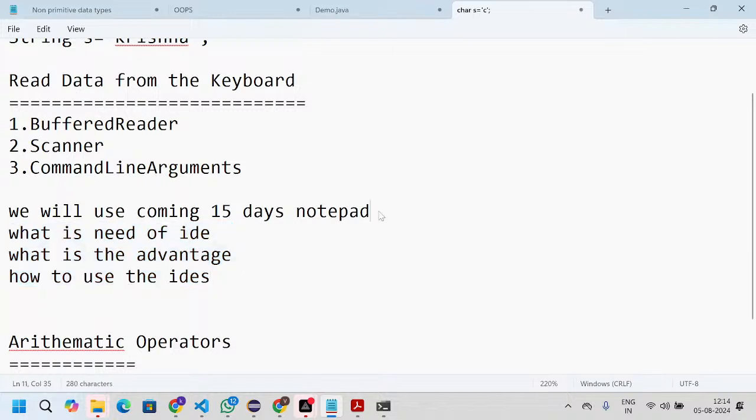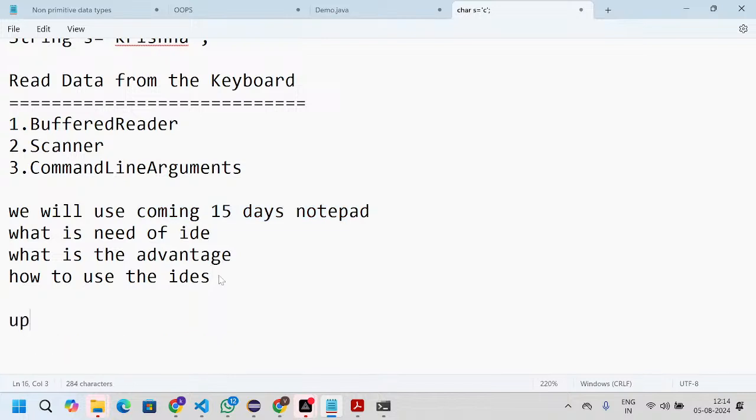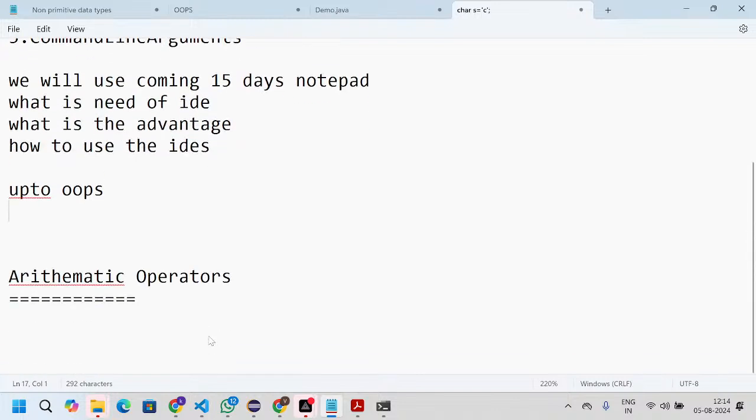Before going to IDEs, we will work with Notepad only, up to the OOPS concepts. Are you clear with my point? We will use Notepad only for the coming 15 days. After this, we will discuss the IDE, then start working with it.